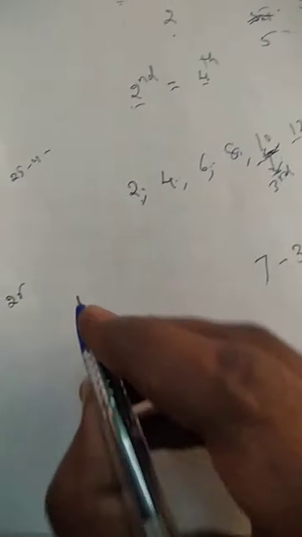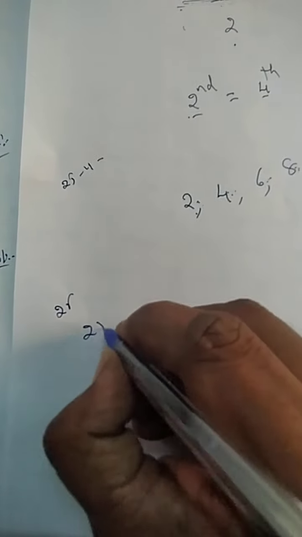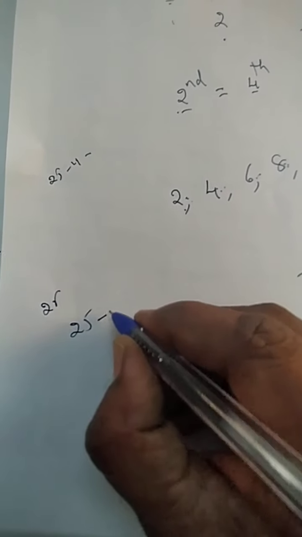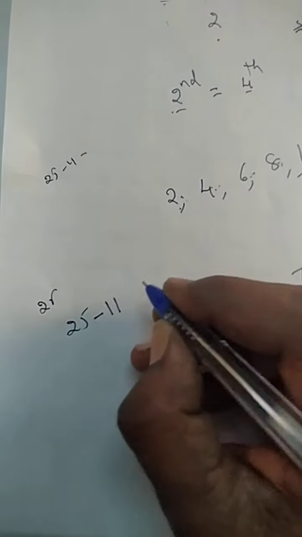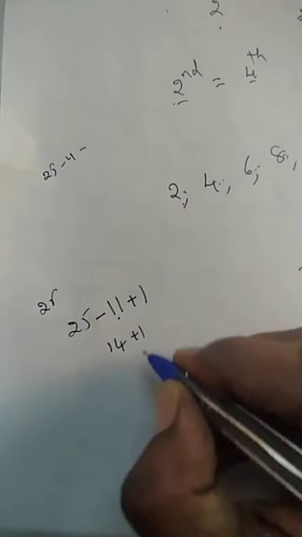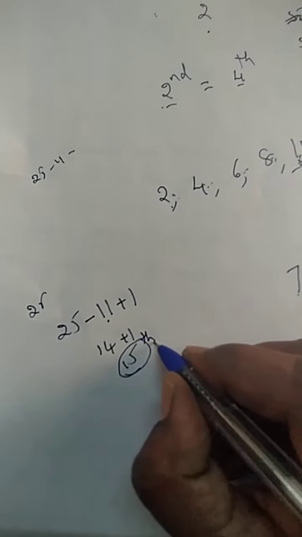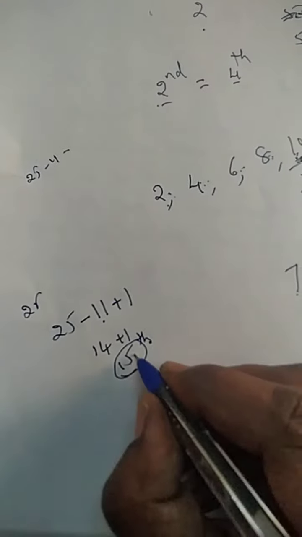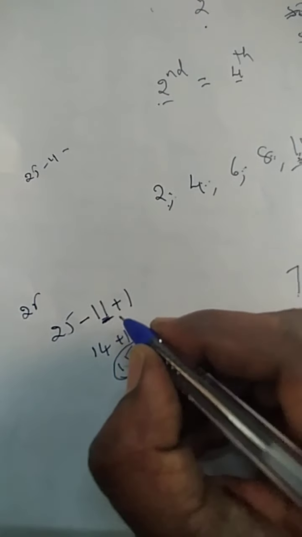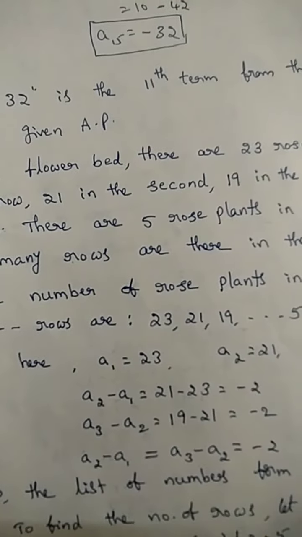Okay, in such a way. How many terms are there in the given AP in that problem? 25 terms. Which term do we require? From the last, the 11th term. So 11 is subtracted from the total number, and then 1 is added to that. 25 minus 11 is 14. 14 plus 1 is 15. So the 15th term from the first is also equal to the 11th term from the last. This is a way to find the required term from the last.